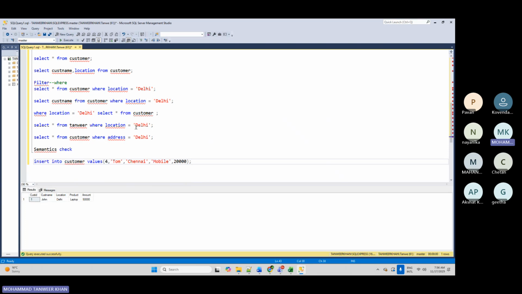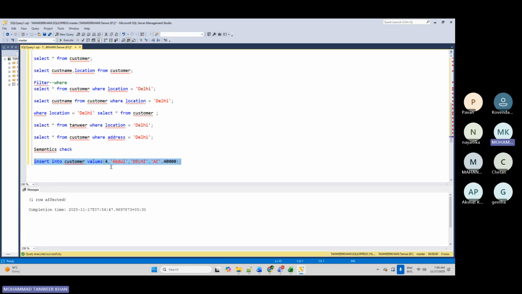Say ID is 4, name is Abdul. Abdul is also from Delhi. Let's say he has purchased an air conditioner for 40,000. Okay. So now if I show you select star from customer,